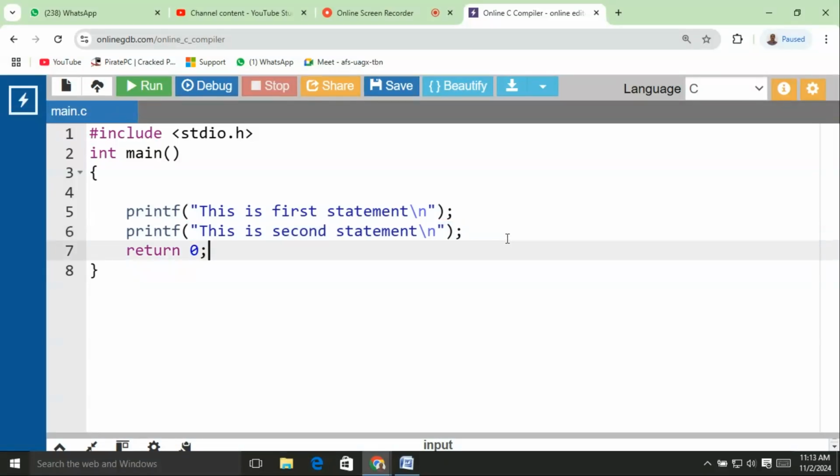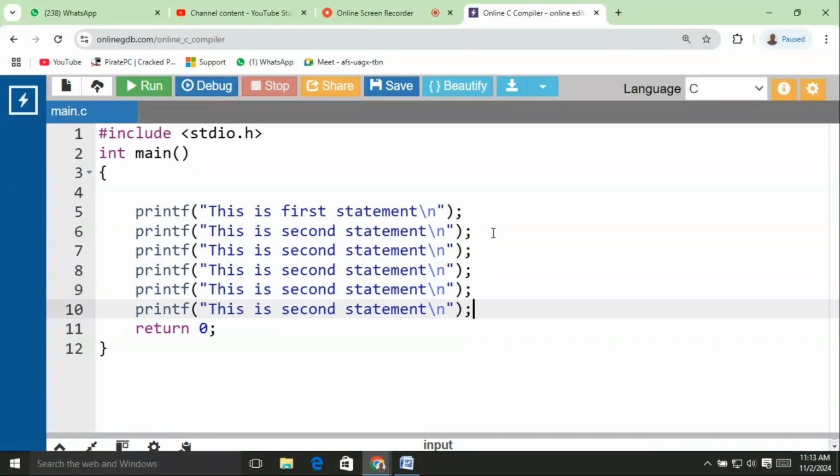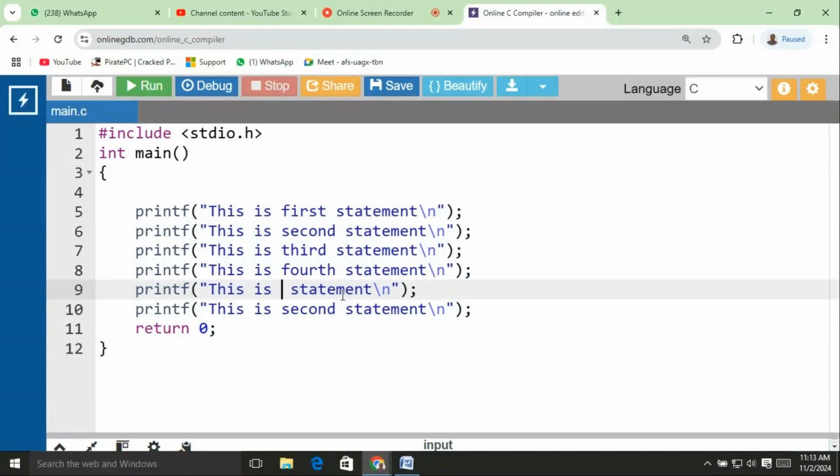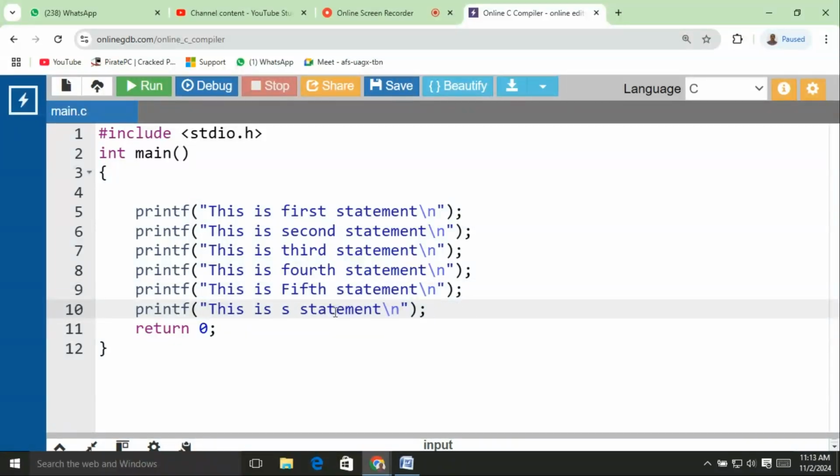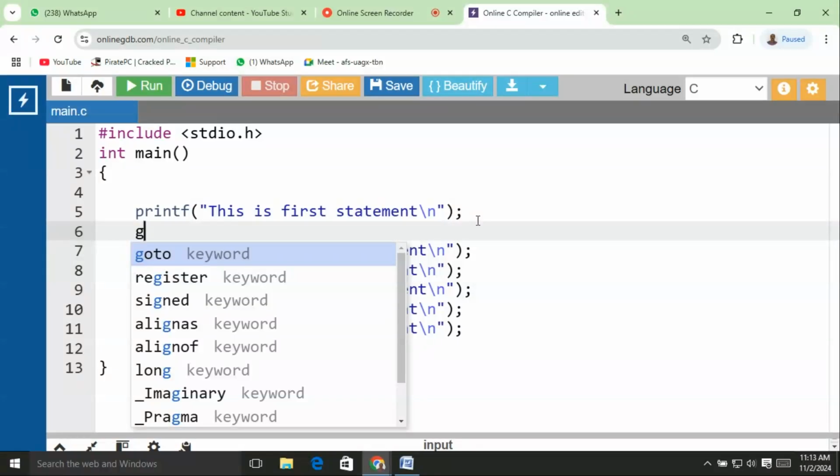Control C. Now I paste here, Control V, Control V, Control V, Control V. Second, and I change it: third statement, fourth statement, and next I change it to fifth statement, and now sixth statement. After that, I simply write goto